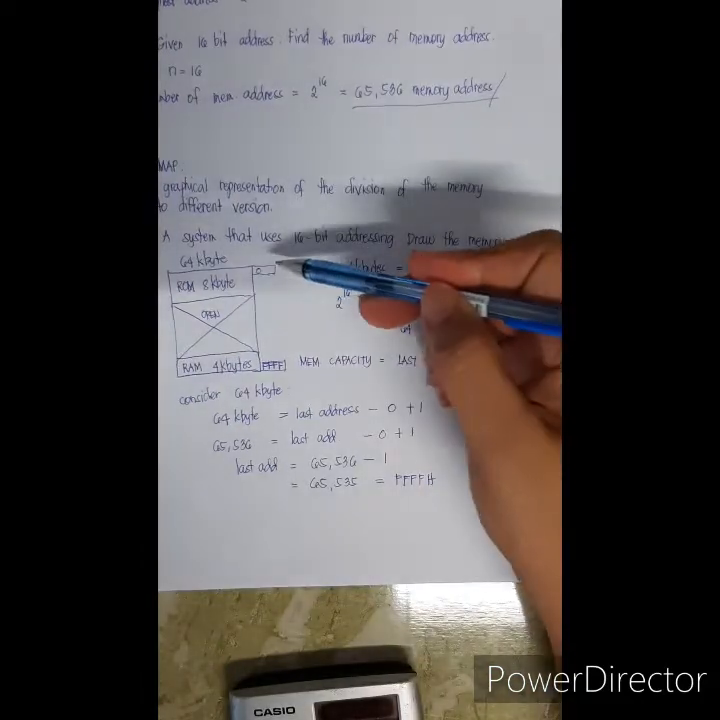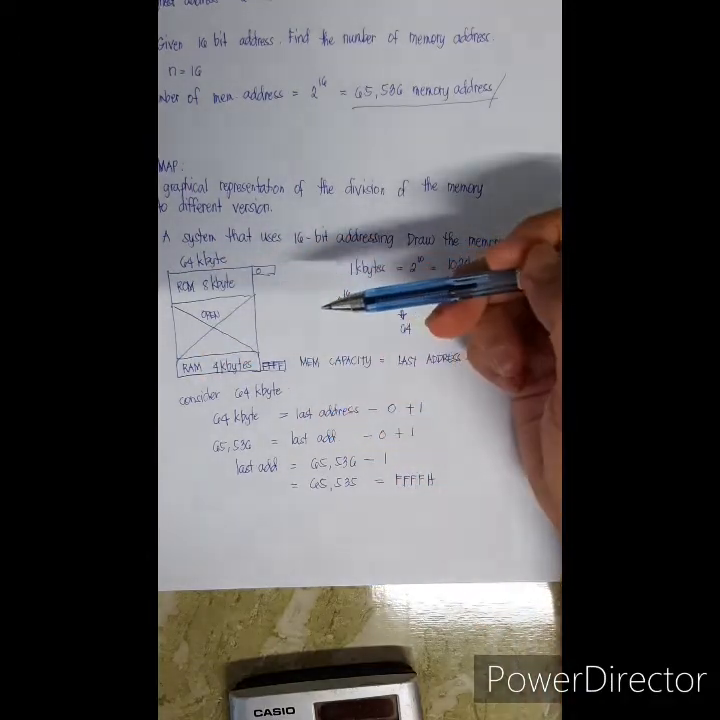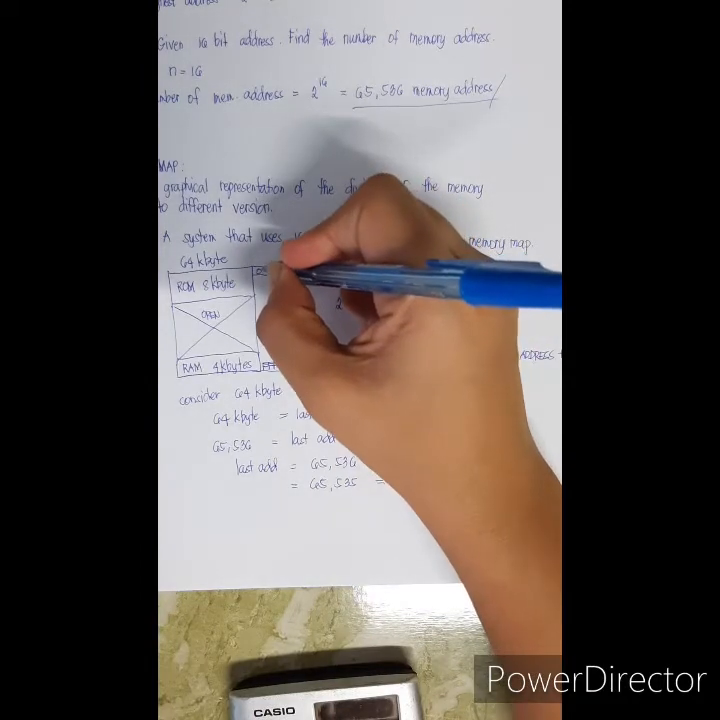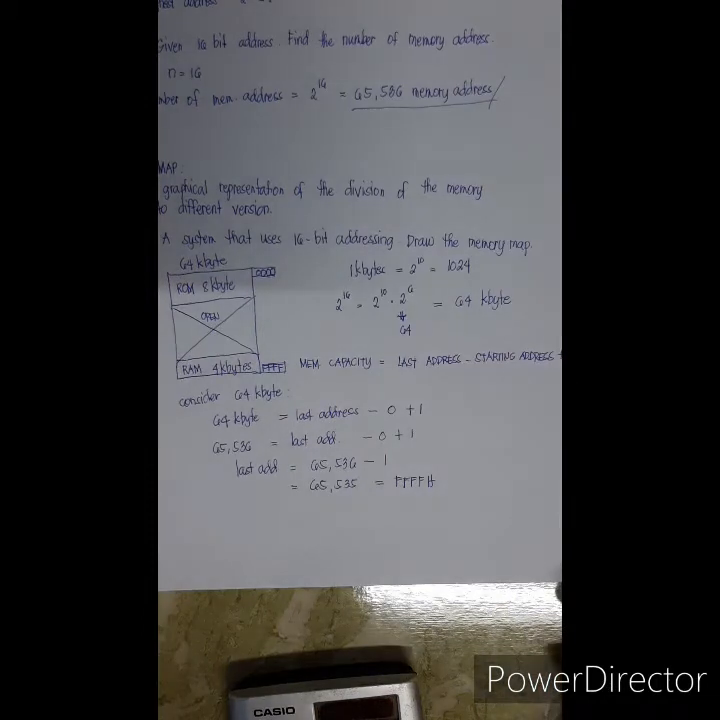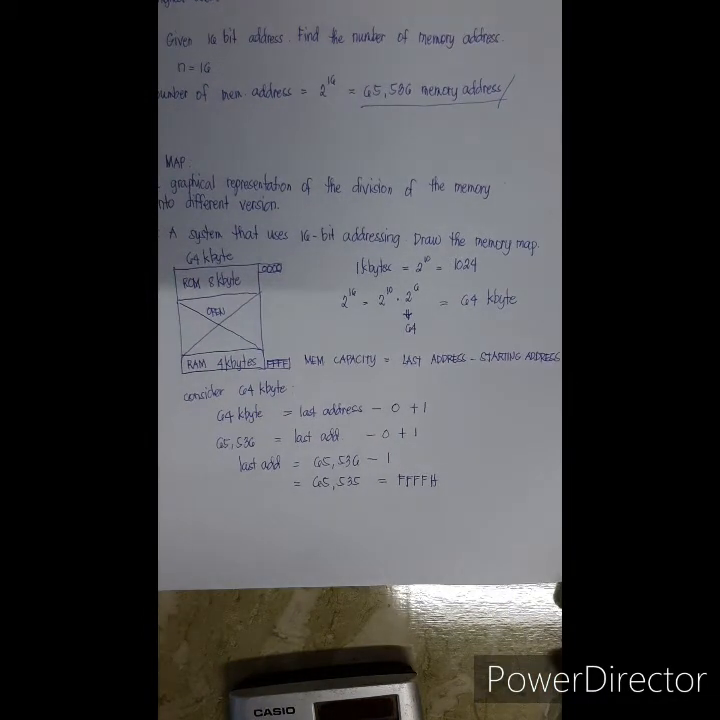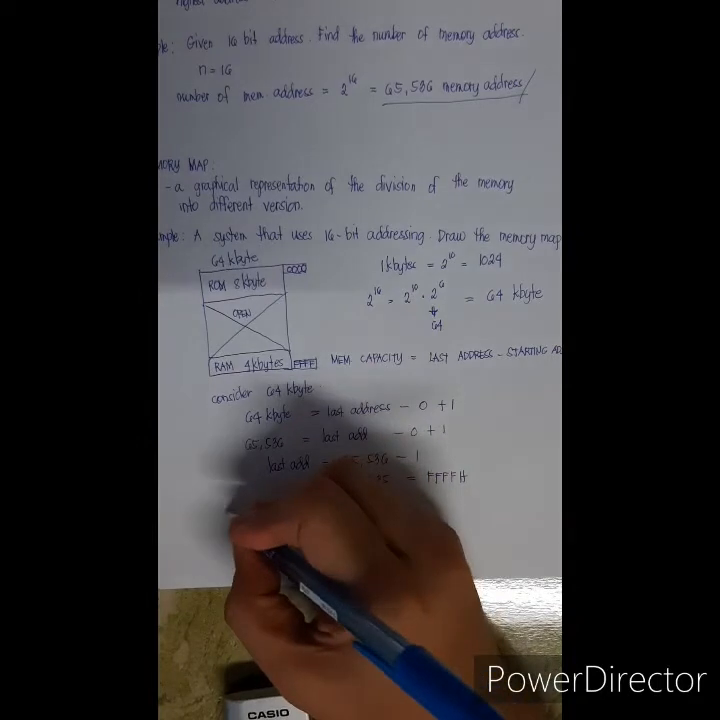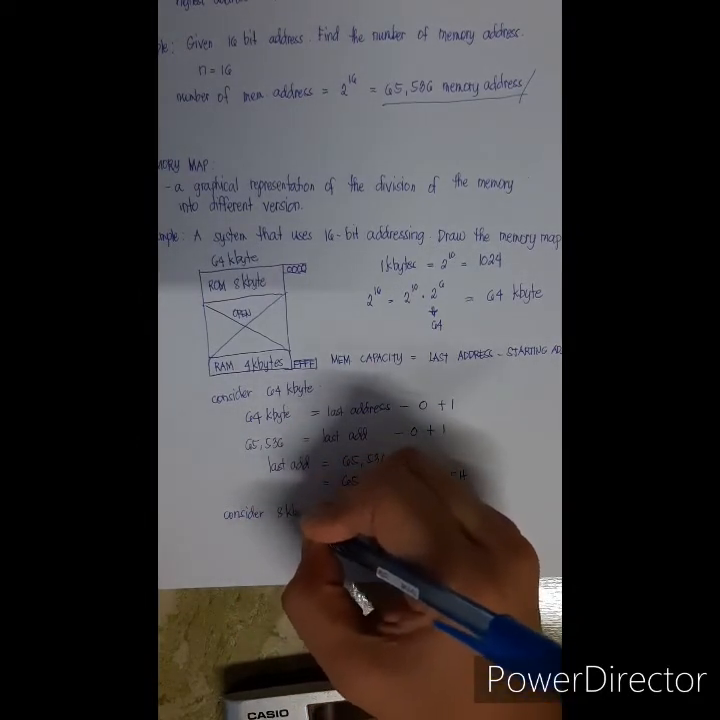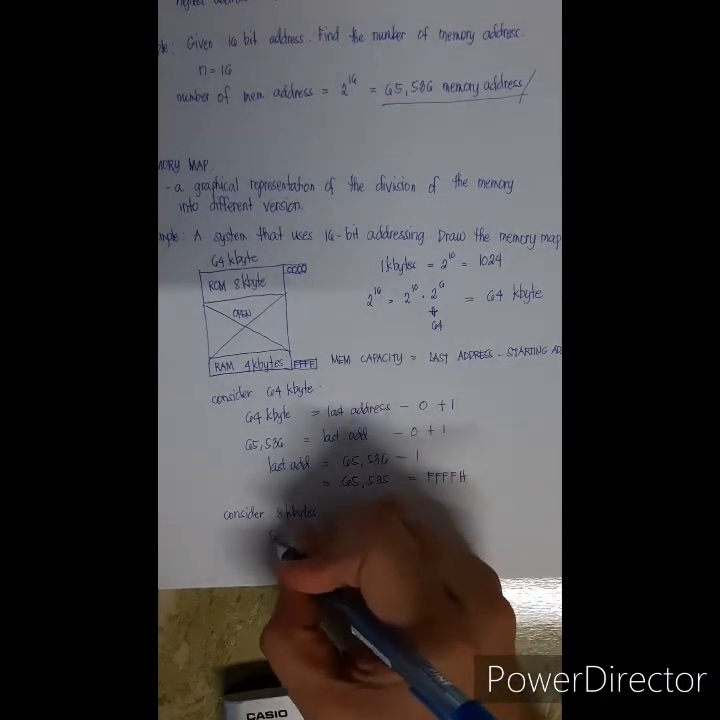This is if we are going to consider the whole system. So, to be consistent, the starting address is 0, 0, 0, 0 hexadecimal. Okay? But if we are going to consider the 8 kilobytes. Okay? So, that means 8 kilobytes